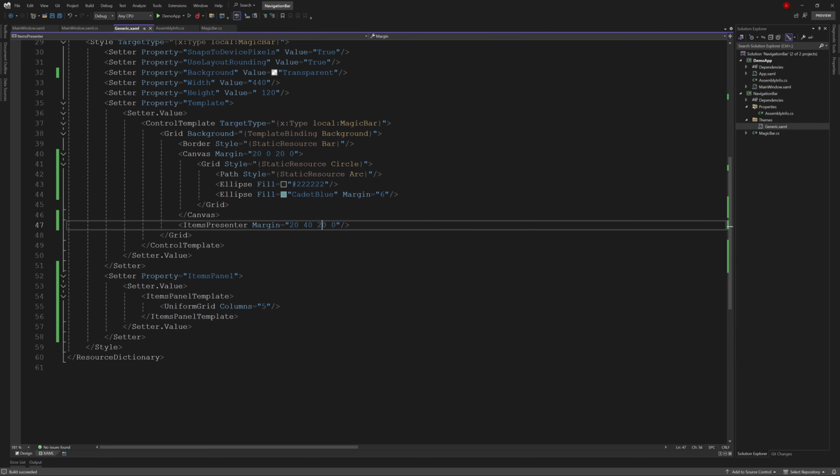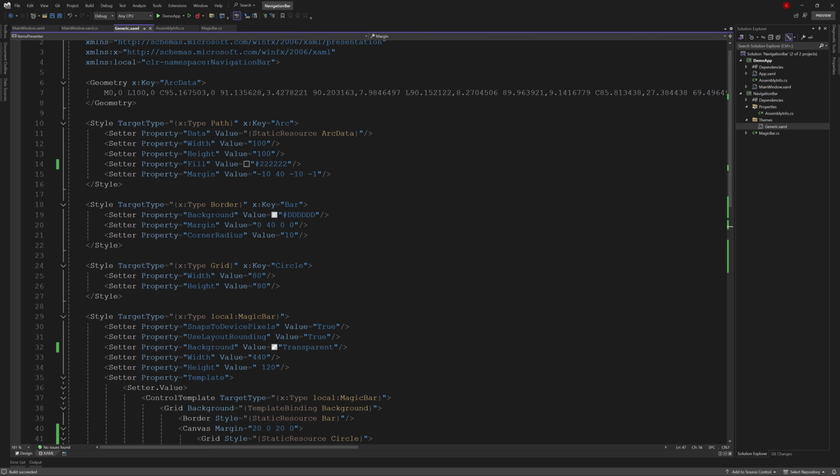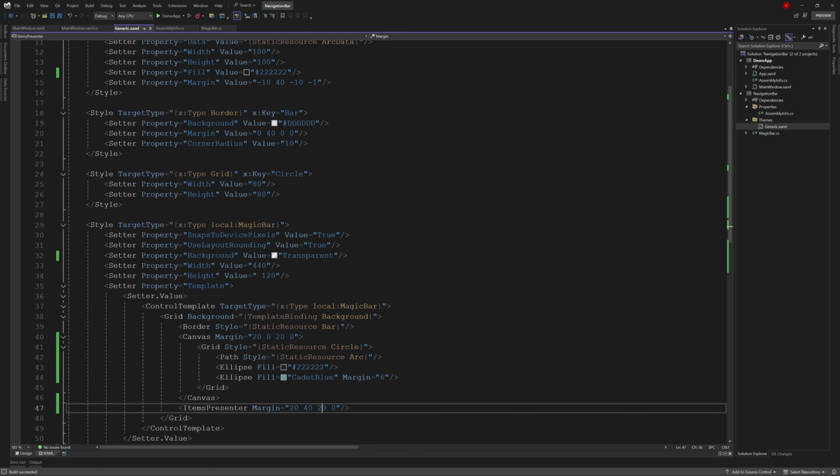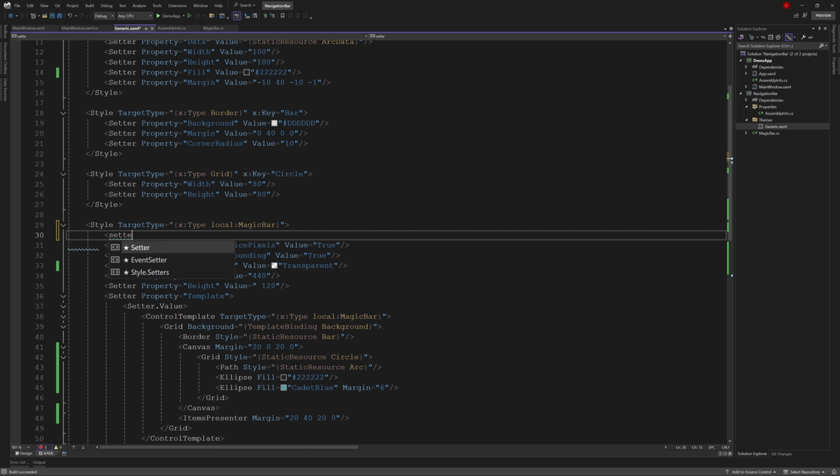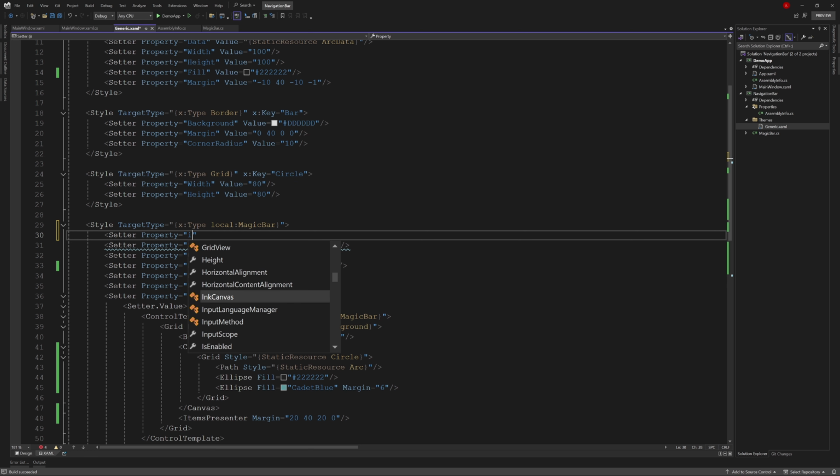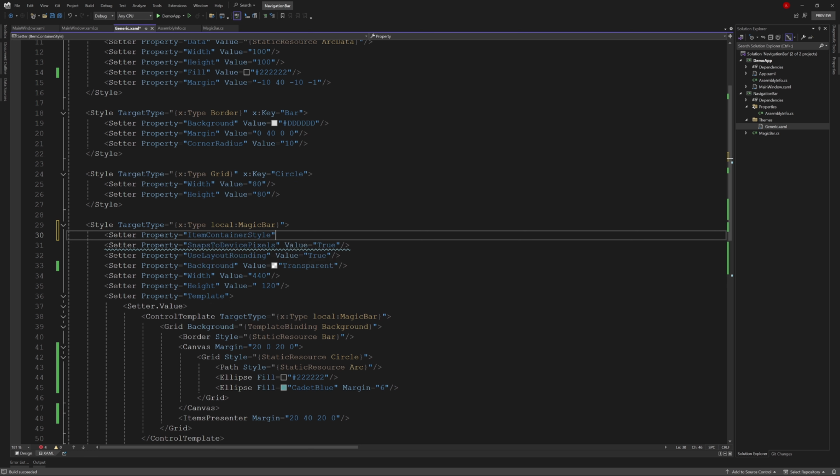Okay, next let's customize our list box item. First, we connect the item container style with the list box item. And we name it Magic Bar Item. Then we write the style at the top.